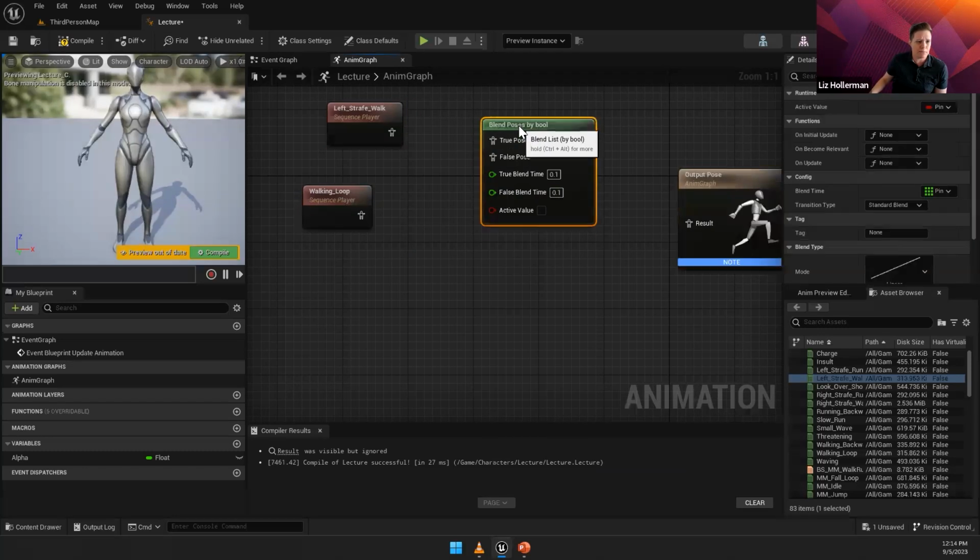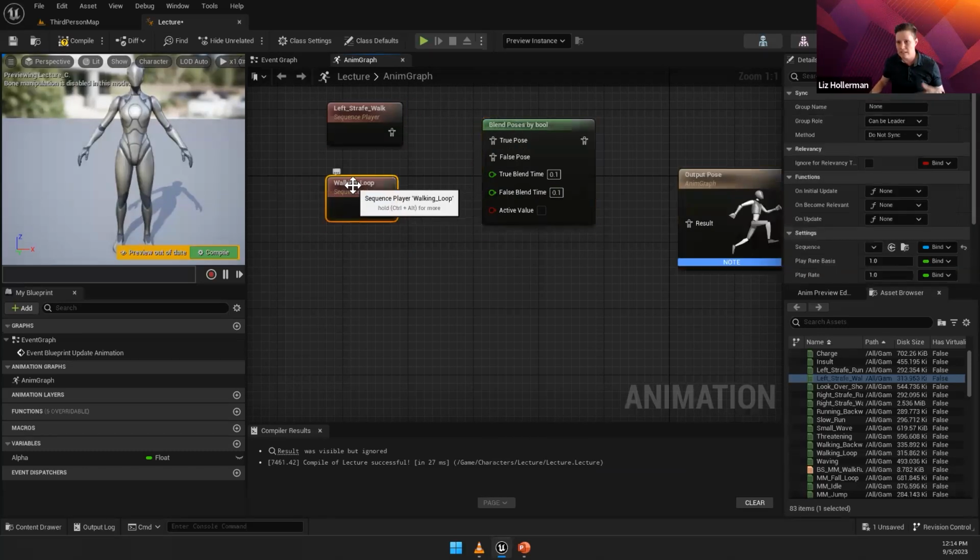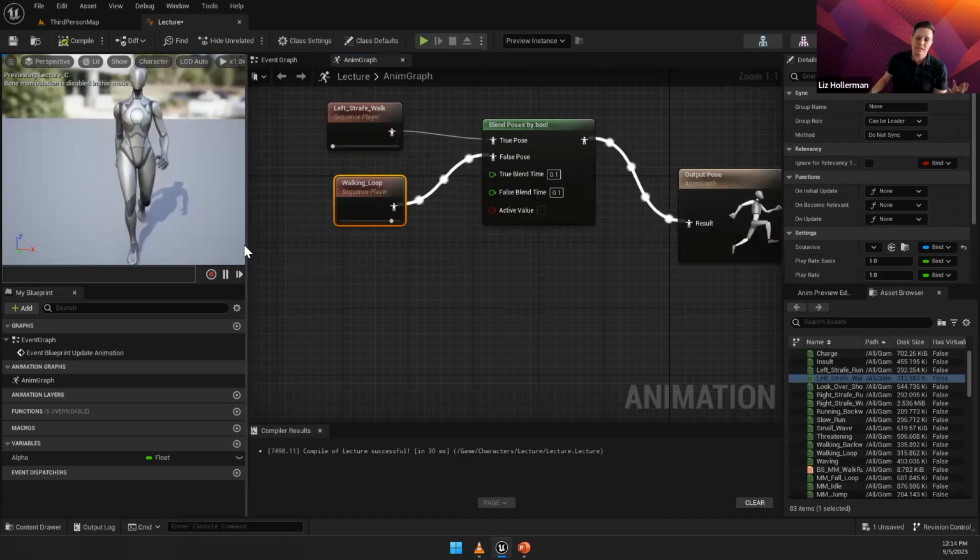So blend poses by bool, if you know what a bool is, a Boolean, it's a true or false, or yes or no. That's why you have true or false nodes here, 0 or 1. So it's one or the other, okay? So again, just using these two animations and popping this into the result and hitting compile, we're going to get a very similar look to what we did for the blend,